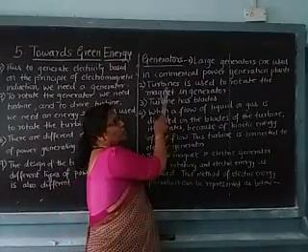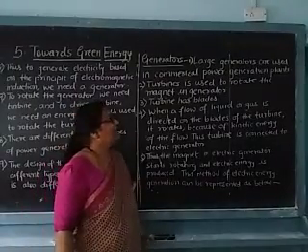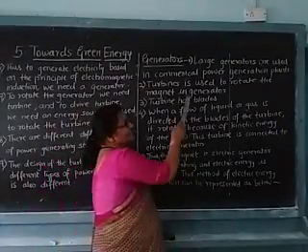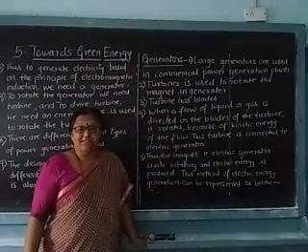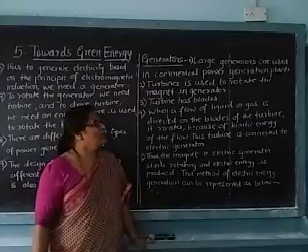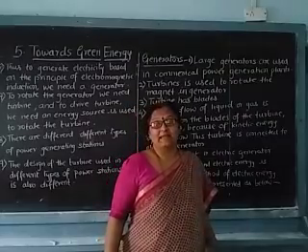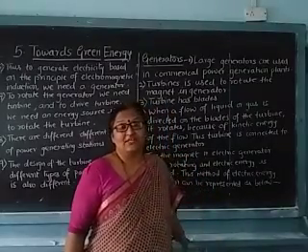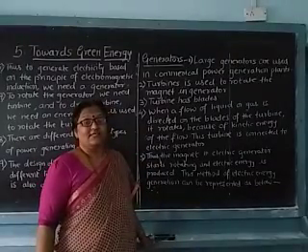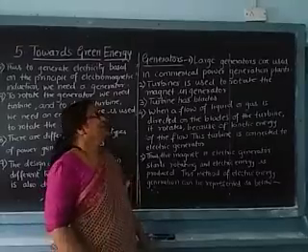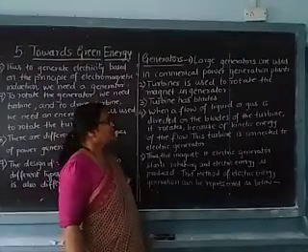Now there are also turbines. Turbines are nothing but a device which contains the blades. Now this turbine is used to rotate the magnet in a generator. Yesterday we have seen that there is a magnet and a conductor in a generator, and that the magnet is rotating or sometimes it is stationary. But here the turbine is used to rotate the magnet in a generator.